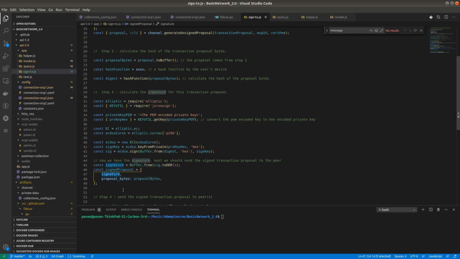The proposal bytes are there, so the endorsing peer calculates the hash of the proposal bytes, then decrypts the signature and gets one hash. If both hashes are equal, it means the transaction is valid. In this way, at the endorsing peer, certificate validation takes place and signature validation also takes place. This is how a transaction gets validated at the endorsing peer.